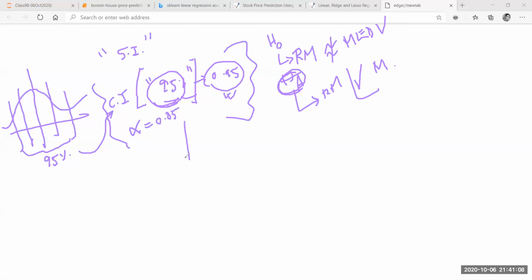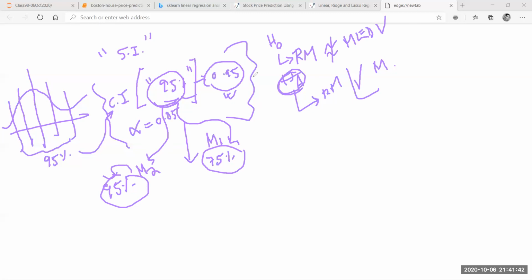Now, question number 2 is: I have a model which has 75% accuracy, and I have a model which has 95% accuracy. So how do I explain these models, or how do I conclude on these models? I can say that Rohi has created model M1, which he is 95% sure is 75% accurate. Maybe I have created model number 2, so Suddhasattva is 95% confident that his model M2 is 95% accurate. So the hypothesis is otherwise rejected or accepted.